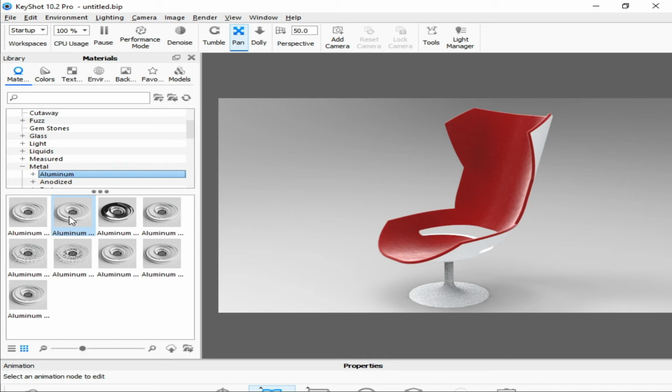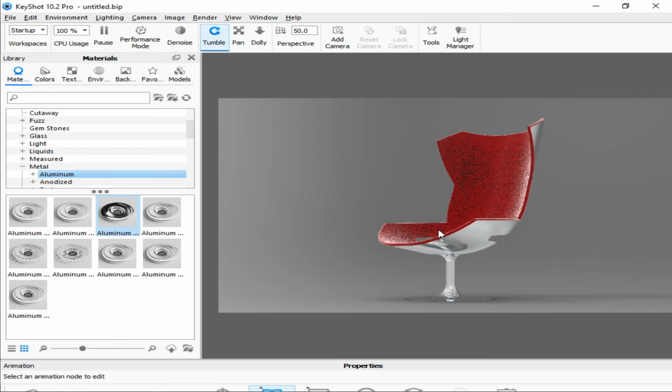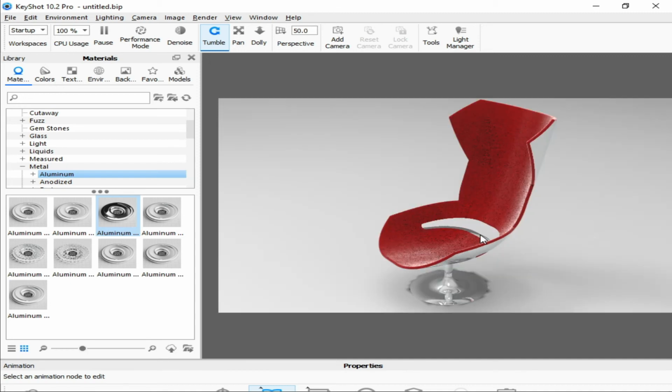because this software is very heavy and for 3D rendering, so this may be a little bit slow, but once you have made a 3D model and rendered it, it will look so much cool.